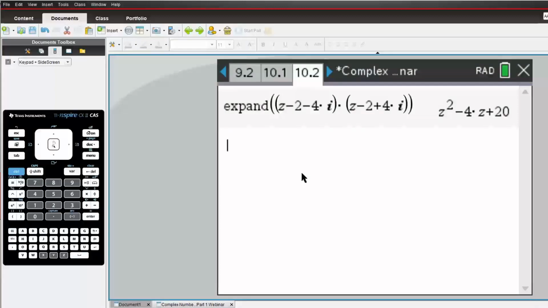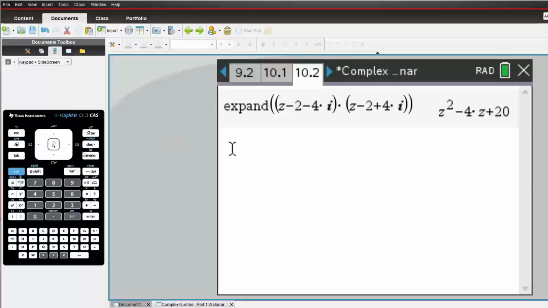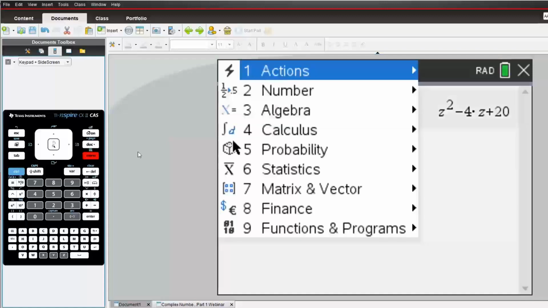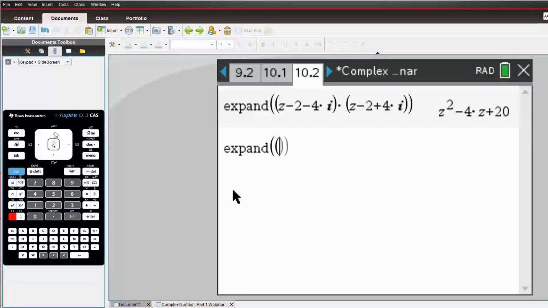If you are told, in addition, let's say that we have 2 plus 4i is one of the roots, and 2 is a real root, and i is one of the other roots, so we can now obtain a polynomial of the 5th degree if we go algebra expand, and I will have another bracket here, plus put this quadratic in,